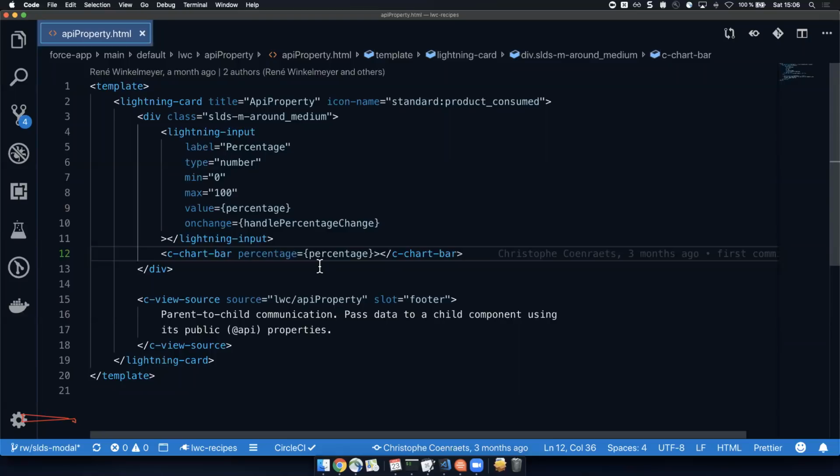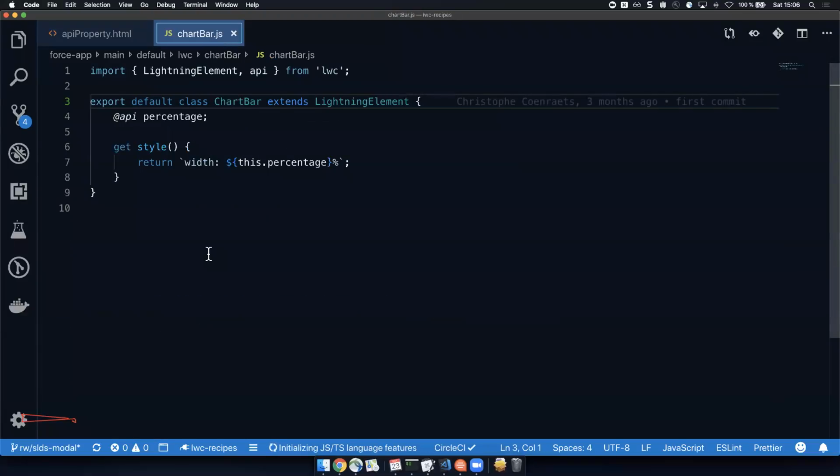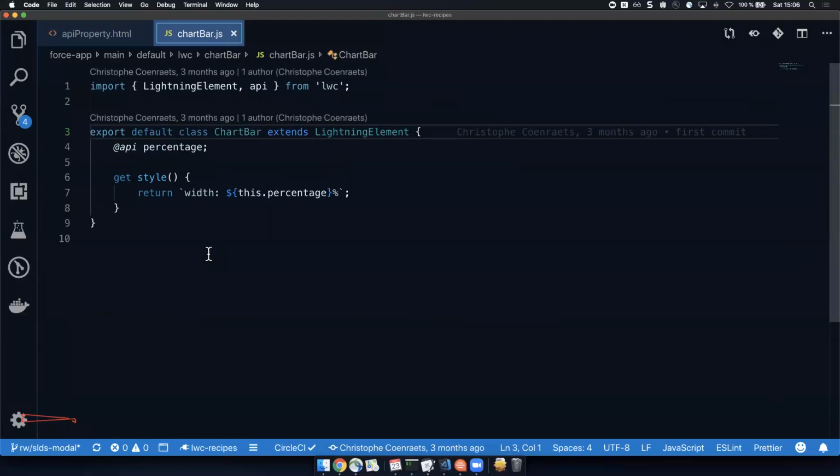Now, let me drill down into the chart bar. This is also really handy in VS Code, because I can just do a command click in here, and it will automatically lead me to the JavaScript file of the Lightning Web Component that I just selected in the other markup. Now, as mentioned before,